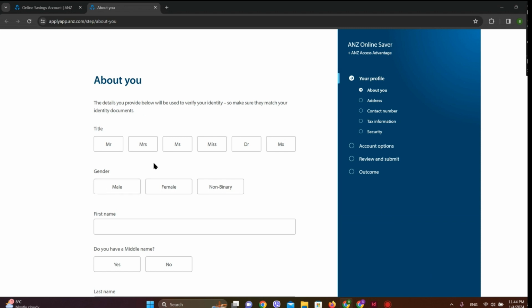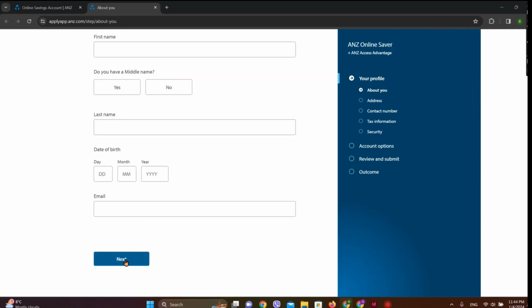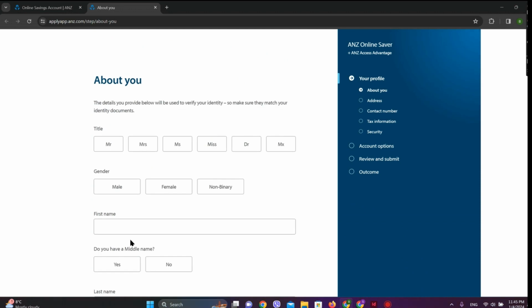Now we need to enter our details, that is personal details here at first, and simply click on next. After this, we need to enter our contact details and employment or financial details. After all of that, we need to enter our tax information and security information, and after that, in account options,